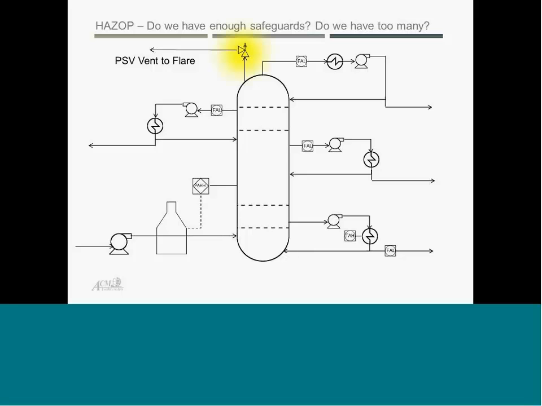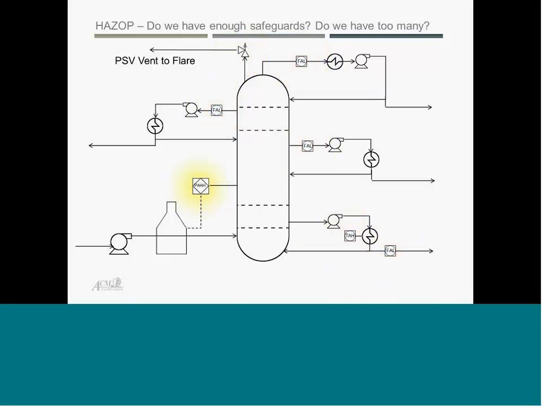Another thing here is we have a total of 7 safeguards identified through our 5 causes and 20 consequences. Is that enough? We don't really know. And do we have too many? You can't answer that in a HAZOP. That's how over-instrumented systems happen. If you just do a HAZOP, you're going to end up with lots of safeguards that you don't necessarily